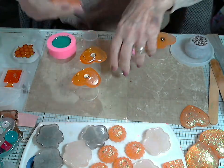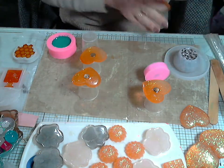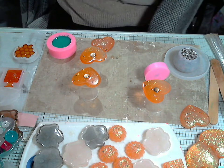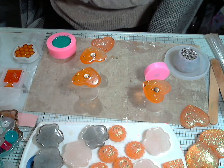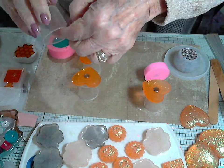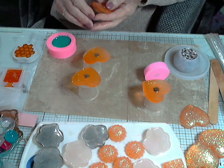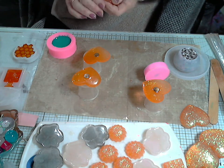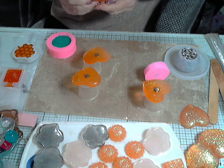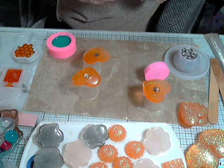So these are cleaning off. Absolutely amazing. They're cleaning off beautifully. Get that bit off while it's still soft. See, the resin isn't fully cured, so that little bit that's run over onto the cup is still a little bit soft, so I can scrape it off. But I can scrape it off anyway, because these little plastic cups, which are actually little medicine pots, are great for keeping them clean. Let me see if there's...